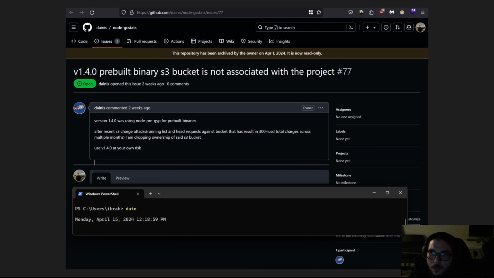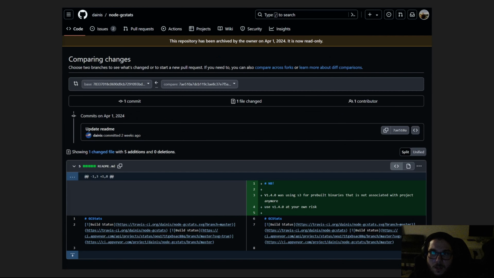The bucket hosted pre-built binaries for that GC stats package in a very popular version of the library. I'm not going to name the URL, but they gave up that bucket, and someone squatted on it basically.